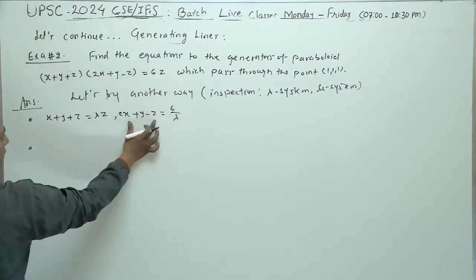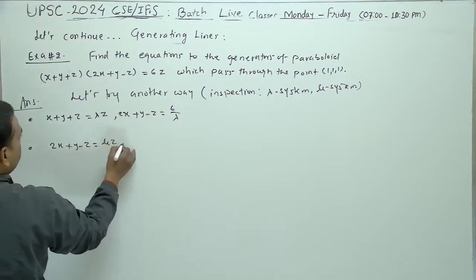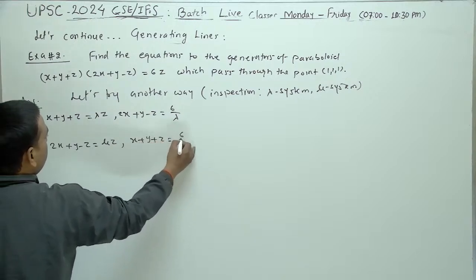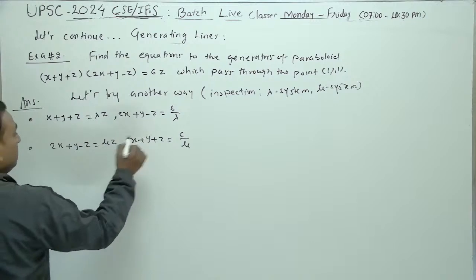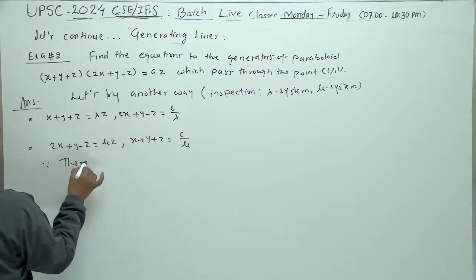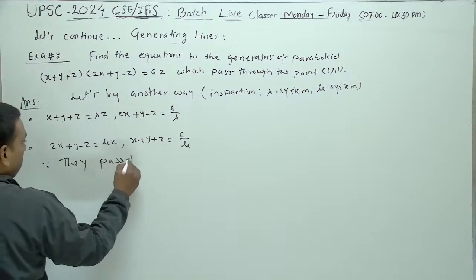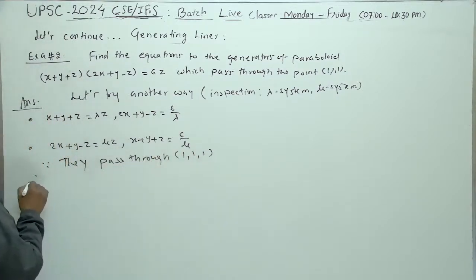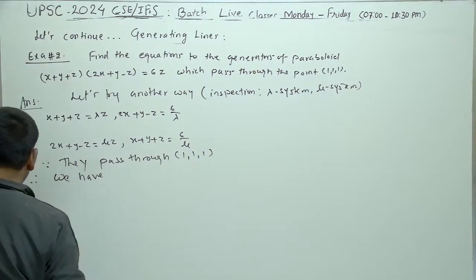The other factor now come this here, 2x plus y minus z equals mu z. This factor के साथ में x plus y plus z equals to 6 plus mu. दे क्या रखा है, since they pass through 1, 1, so we have, अभी अपने को इक्वेशंस मिल सकता है